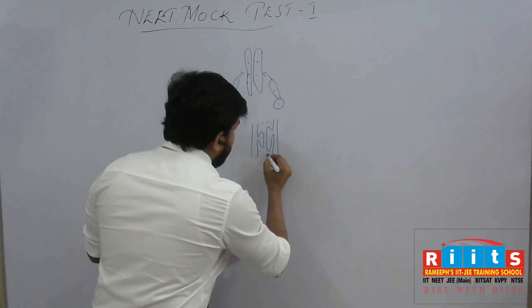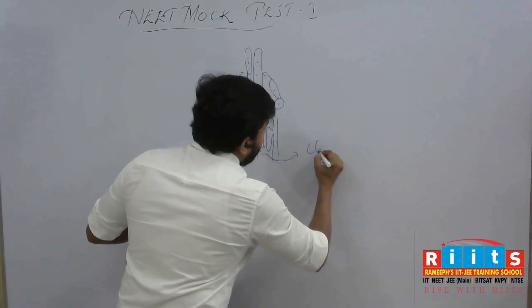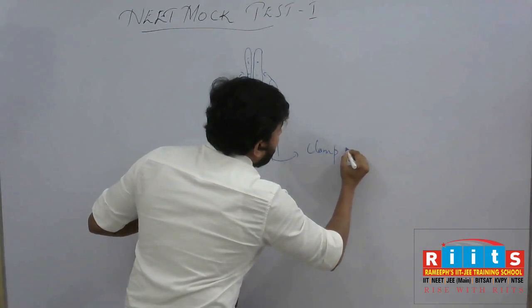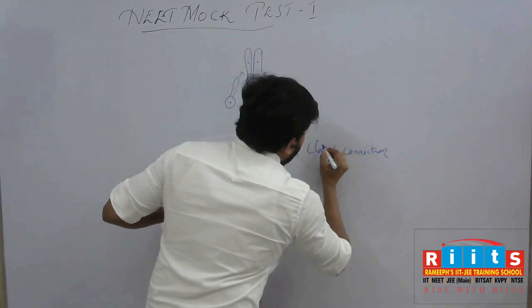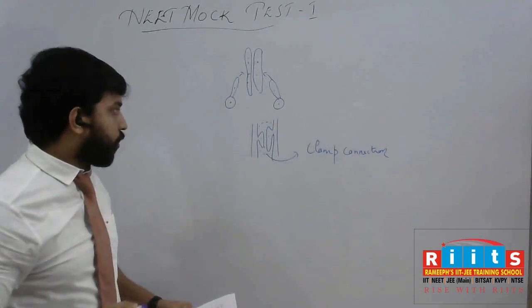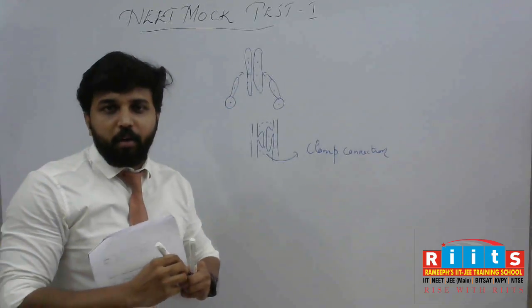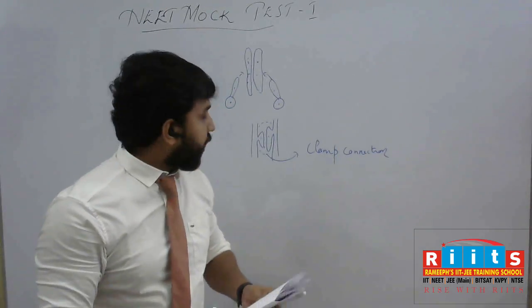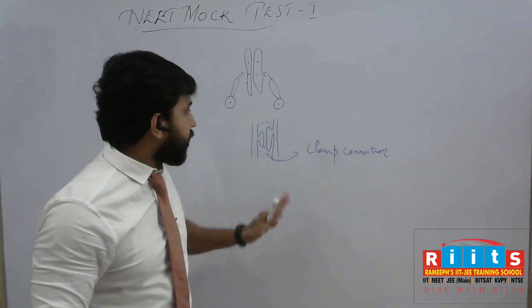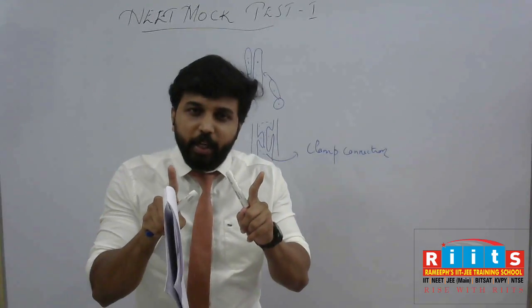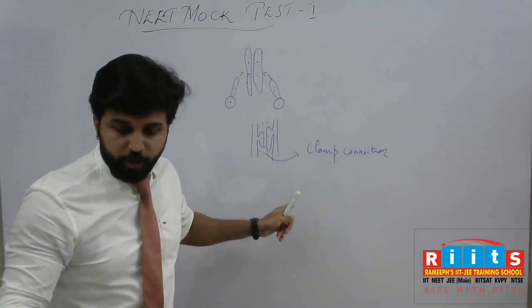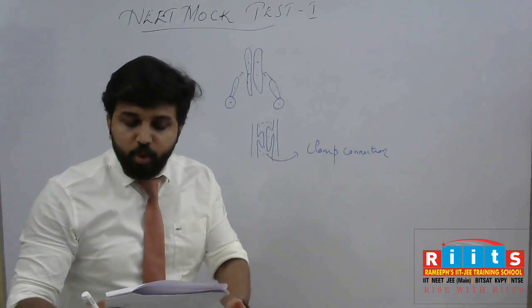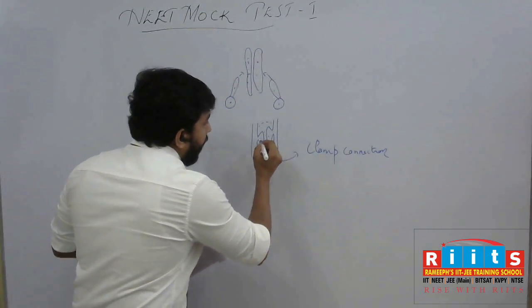This is called a clamp connection. It looks like a clamp of our doors. It's known as a clamp connection. These two secondary mycelia combine, leading to the formation of a clamp connection, and it usually looks like a small